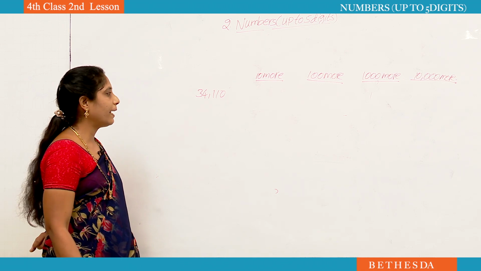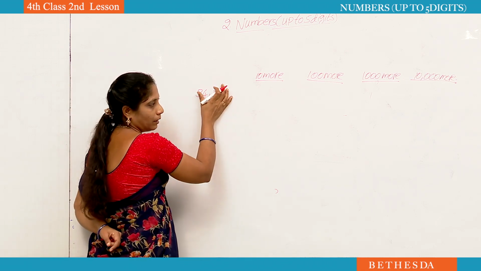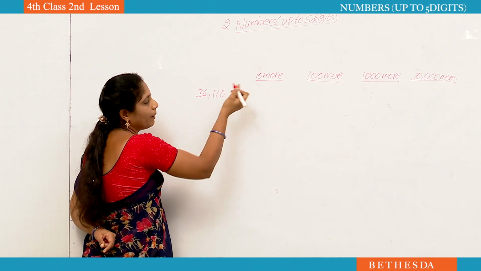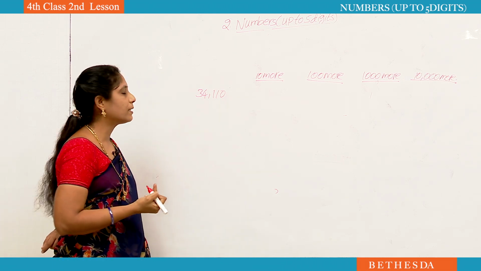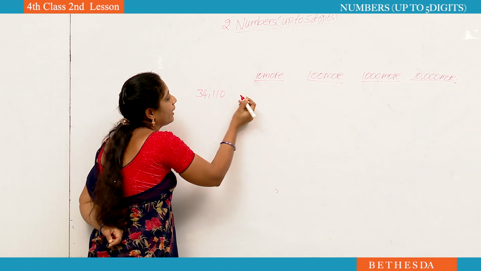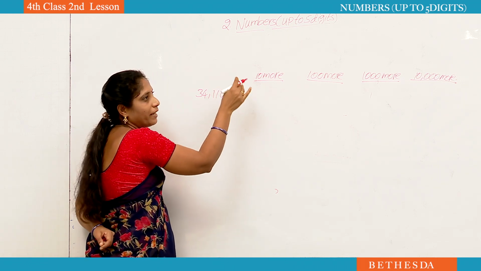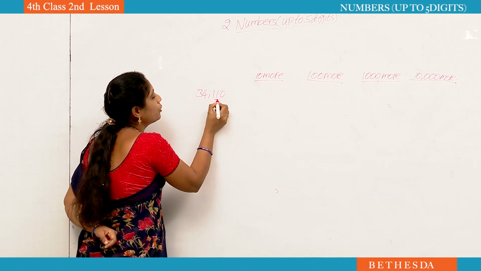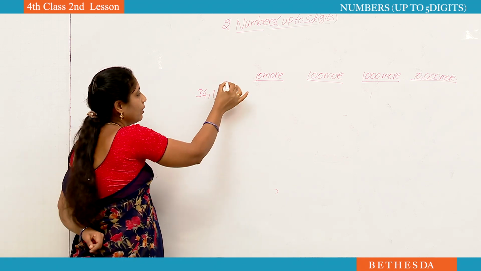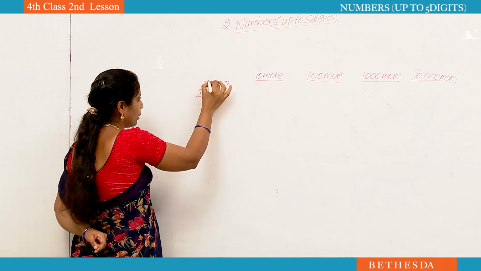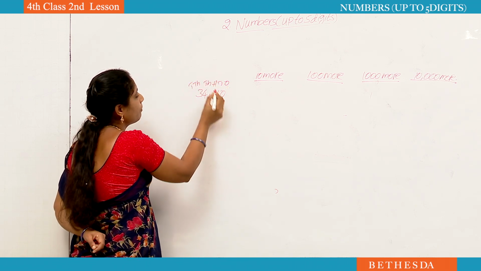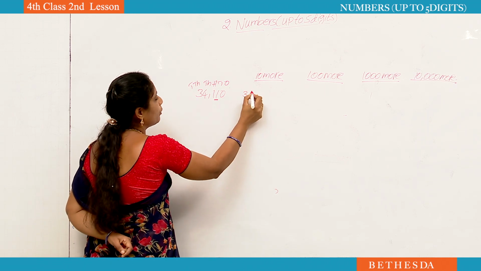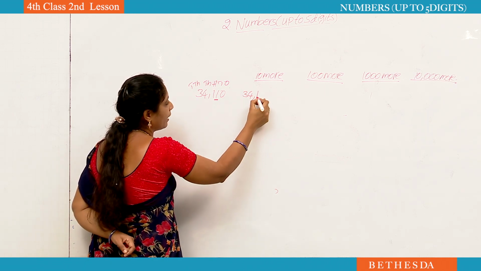No need to write in column method and doing nothing. You can do by seeing only how it is. See here, 10 more he is saying. 10 more means we have to add 10. If you add 10 for any number, it will change only tens place number. See, ones, tens, hundreds, thousand, 10,000. Which number we have to change? Only tens place number. Remaining numbers as usual we have to write 34,100.